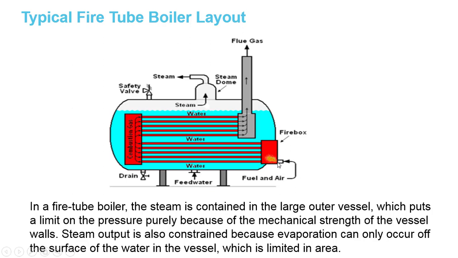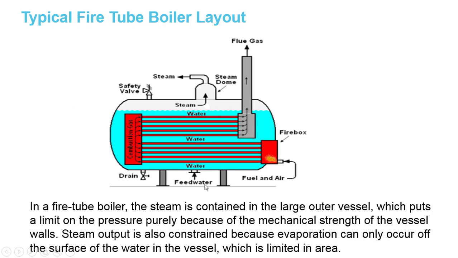You can see here, this is a firebox. From here the nozzle is there. The fire will start here, yellow. This will go as the first pass. Then again, this is a wet back boiler. These are combustion gases, blue gases. Then the second pass. From the second pass, it goes to the chimney. Through the chimney, it goes to the atmosphere.